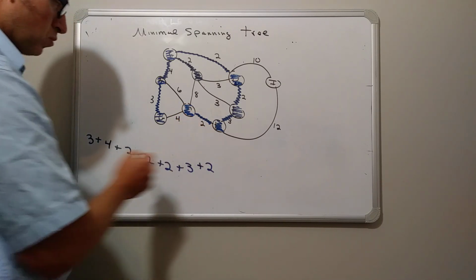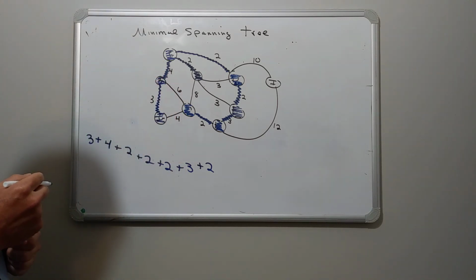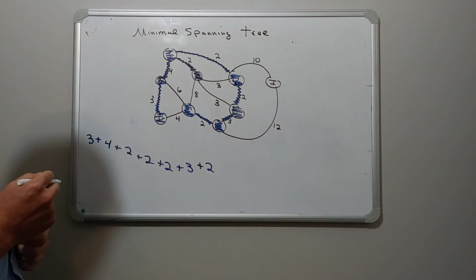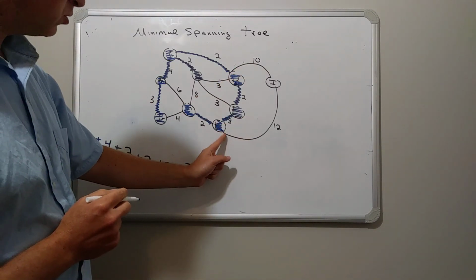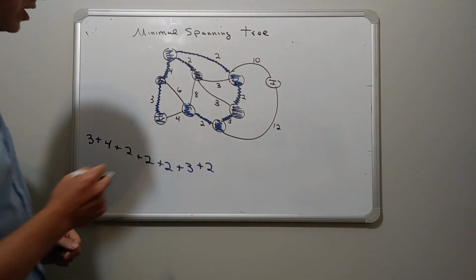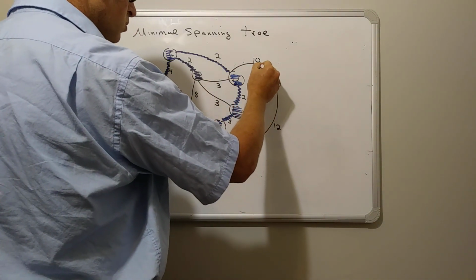So plus 2. Alright, there's only one unshaded node left. Either 10 or 12. Well, 10 is the lower, so shade it in,